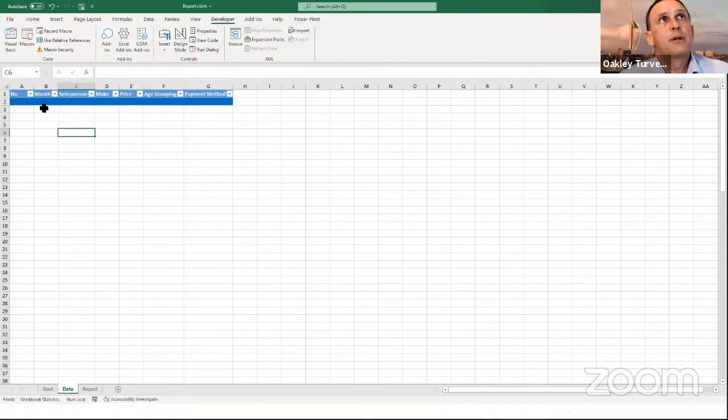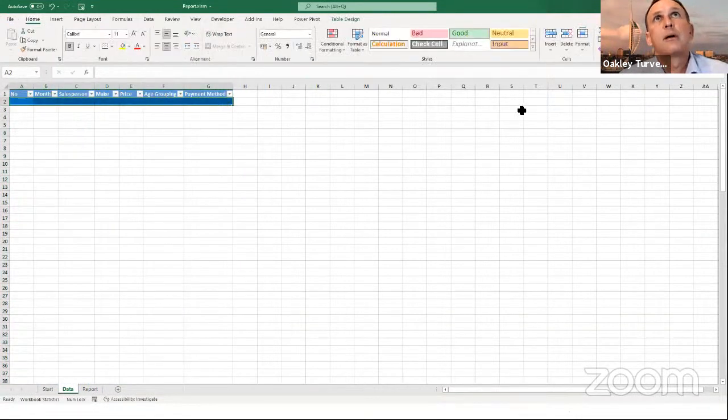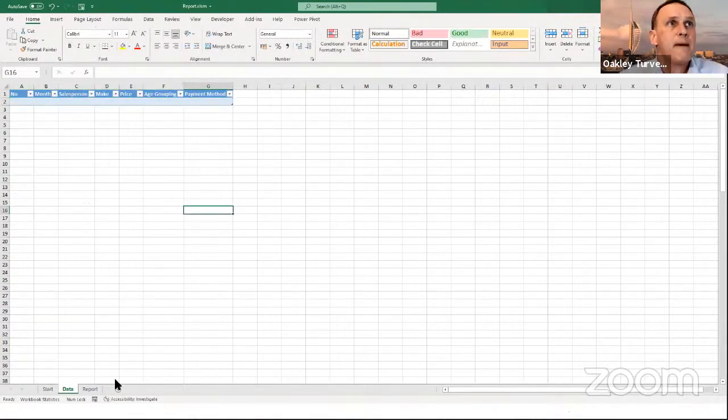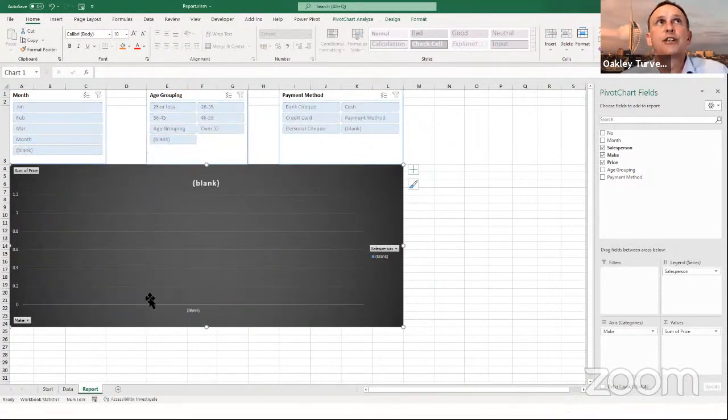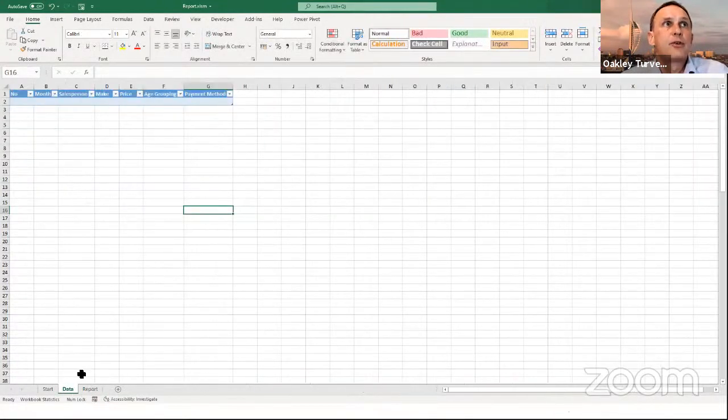So we're just back with the one row there, and just so that we can see that without the header on there, I'm just going to clear the formatting off there. We're going to go back to our report. We're going to right click and we're going to refresh. So it's refreshing with the no data. And this has got no data.